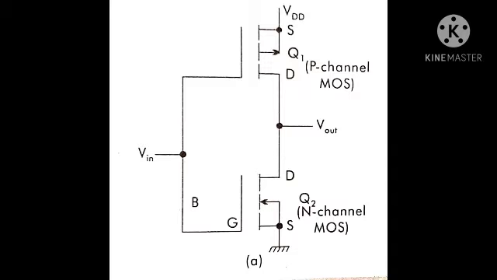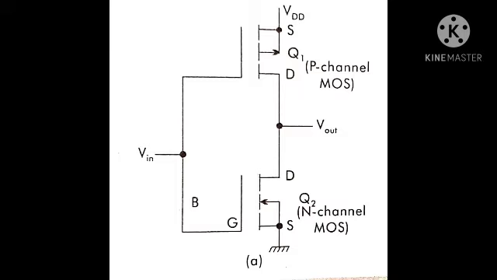I hope you remember what a threshold voltage is for a CMOS or simply for a MOSFET, because if we try to understand the working of an enhancement type of MOSFET, as you know, in an enhancement type MOSFET there is no inbuilt channel. That is, depending on the gate to source voltage VGS, the channel builds up. And when the gate to source voltage is 0 or less than the threshold voltage, there is no channel, and so there will be no output current. That is, the MOSFET will be in the off state.